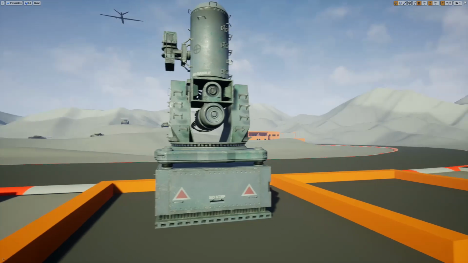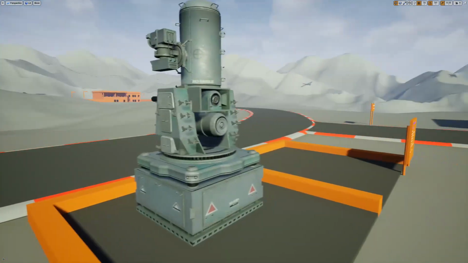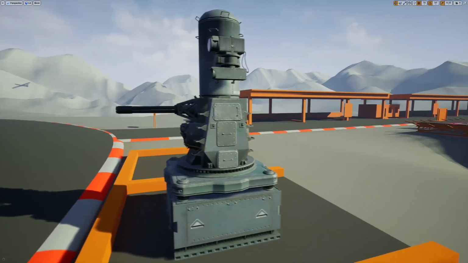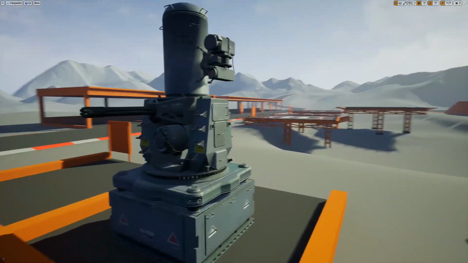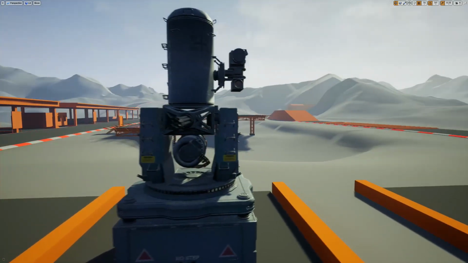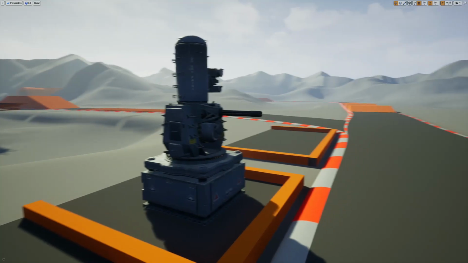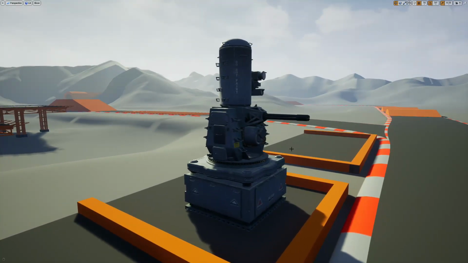First one was a Tau missile launcher that I included with my DVP Redux 2.0, and this is another one, and we will see what it can provide for you guys and what it can do in this little breakdown video. So yeah, let's take a